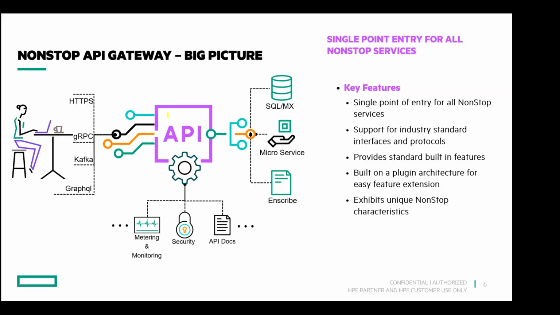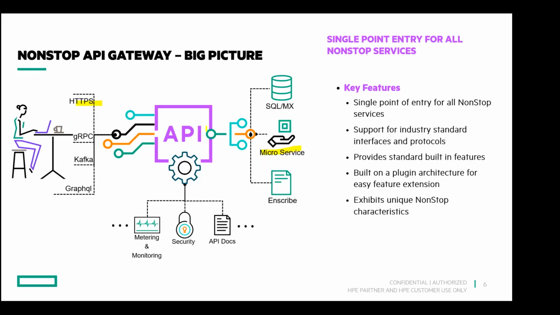So API Gateway is the lavender colored square you see in the middle. It exposes a variety of protocols and interfaces to the left-hand side. And on the right-hand side, it faces a NonStop interior, and you have applications, maybe a microservice, maybe a macro service running on the NonStop system. And you have the databases, SQL/MX and Enscribe records, etc. So all these things on the NonStop are offered to the people on the left-hand side. They are called clients. A client sends a request, it may use an HTTPS protocol and land on the API Gateway. API Gateway routes it to some microservice, gets back the response, and then gives it back to the client. So this is how it works. This is called the gateway mode.